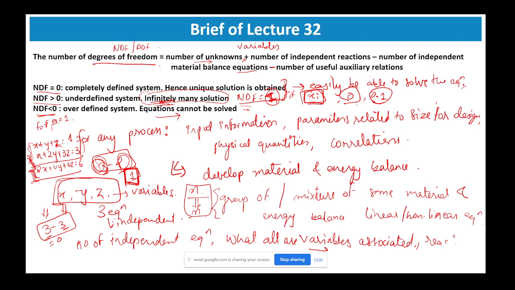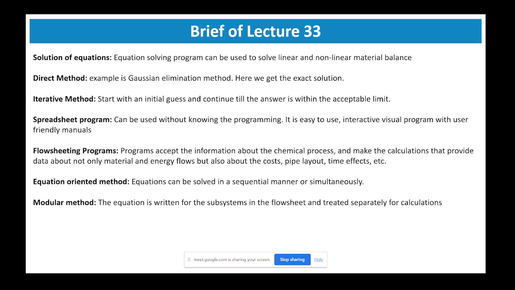And so based on the value of degrees of freedom, you will be able to know what data you need to provide, or whether the equations can be solved or not. So I hope this is clear till now. Now moving forward, the next step: once you have all the equations and once you have all the data, what you need to do is to solve the